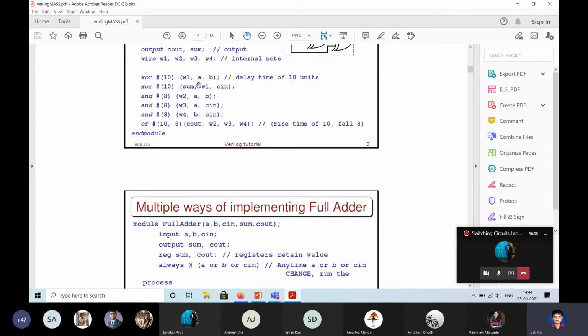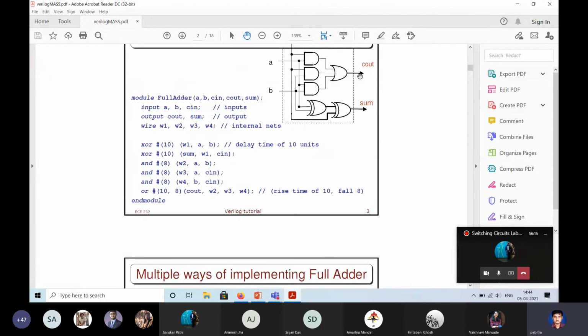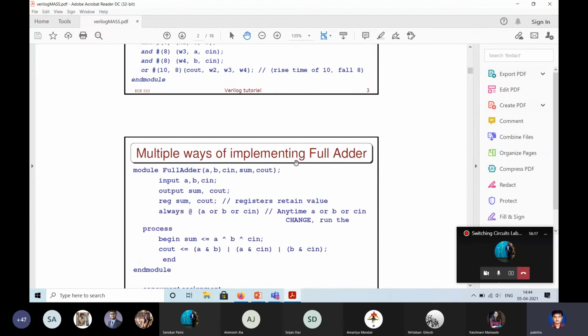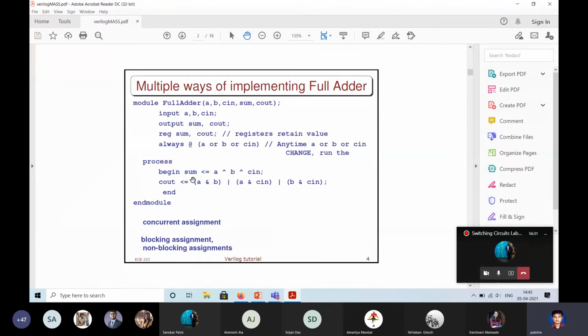This means that whenever any of these changes value, these values will change. Whenever A, B, C in changes value, C out and sum will change value. This means whenever this expression is true, you run the following process.